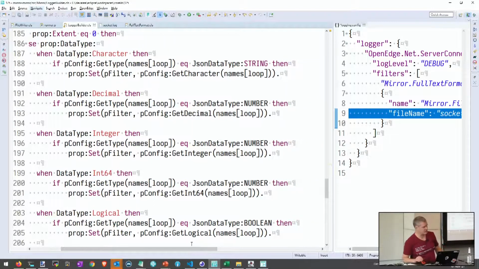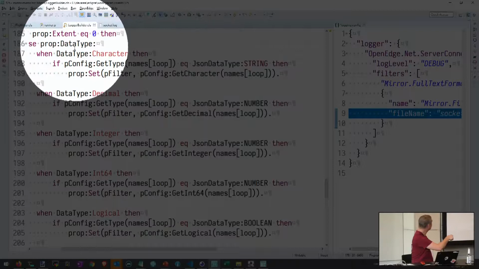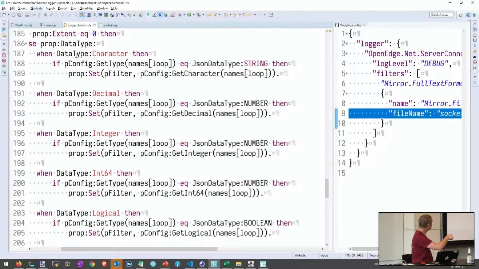But basically what we can do now is... I was going to break that. I knew I was going to break that. We can say quite simply, so this data type over here, prop.datatype, right? That is a Progress.Reflect.Property instance representing a property on that class. So is its data type character, yes or no, whatever.